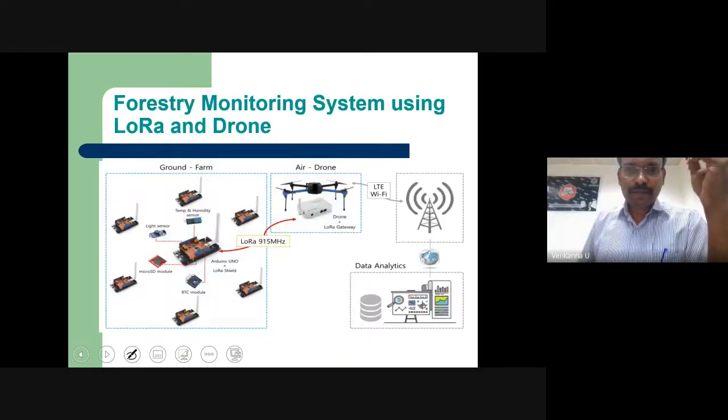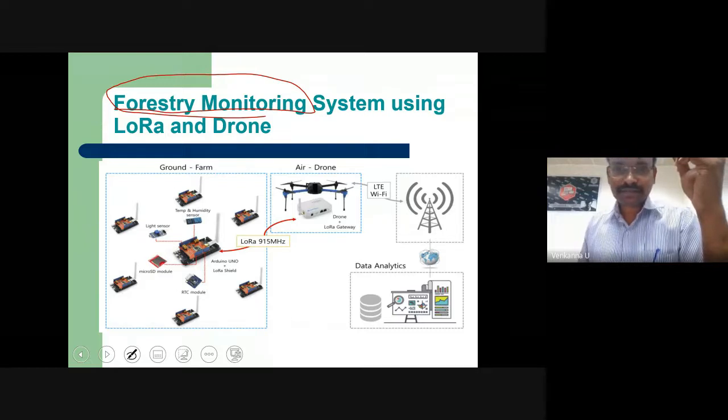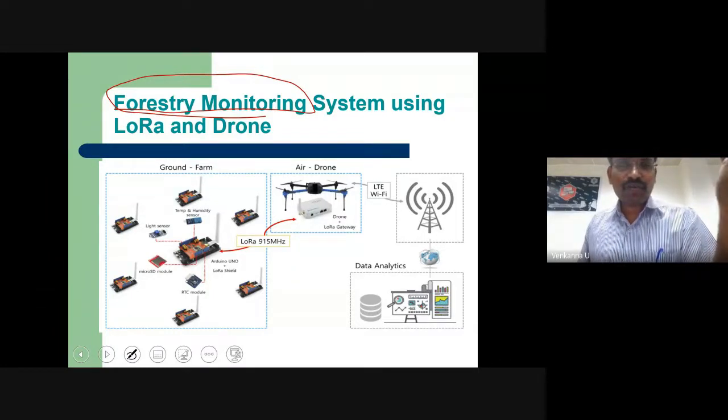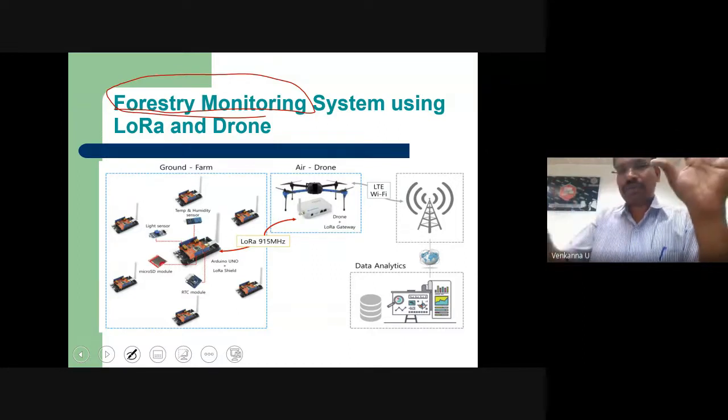Then these IoT nodes were used for applications like forestry monitoring. Forestry monitoring means detecting if a fire happens, or if some intruder enters the forest and takes away important wood. With that vision, they developed a prototype.